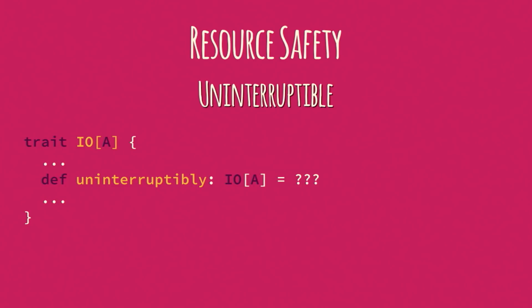So, resource safety, just real briefly, we're going to rush through this. Sometimes you're going to want to do an action and you're not going to want it to be interrupted. There will be some critical section. I would encourage you not to do this because remember, someone can always pull the power plug on your computer, in which case your uninterruptible action is interrupted. So you have to design with that in mind. But nonetheless, if you need a critical section where you don't want to deal with the possibility of interruption, you just wrap it in uninterruptibly, and you're guaranteed that that fiber will not be interrupted as it executes in that critical section. And this is a compositional definition, so you can nest these inside here, and it has the expected semantics.